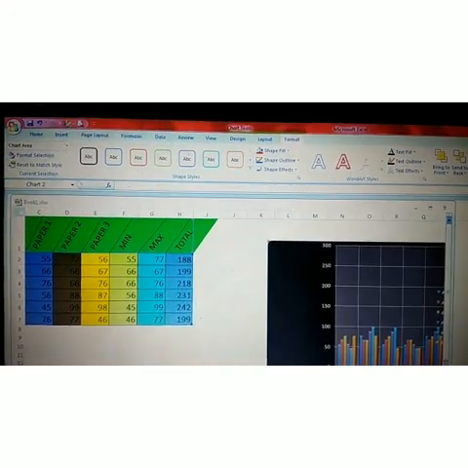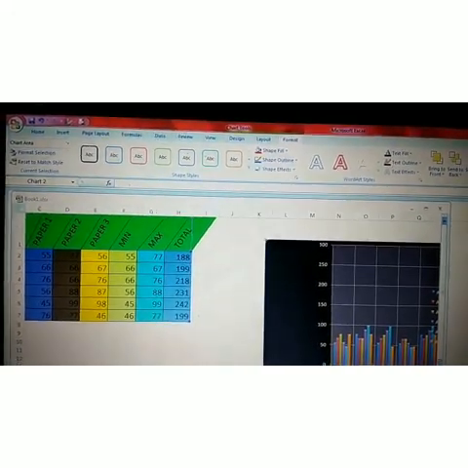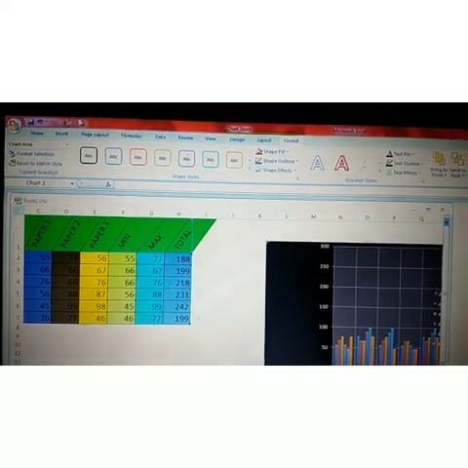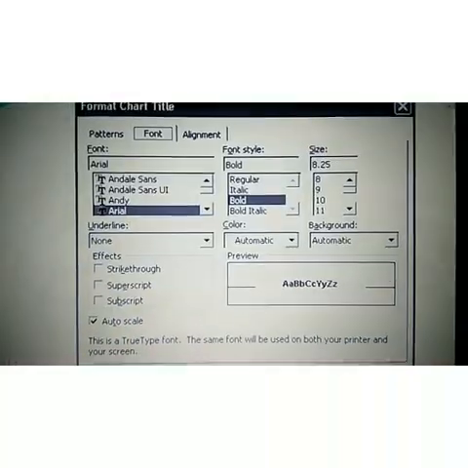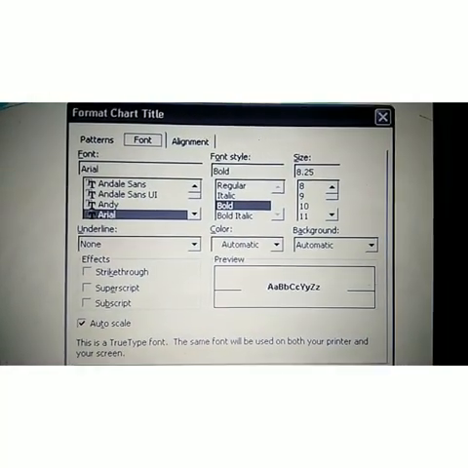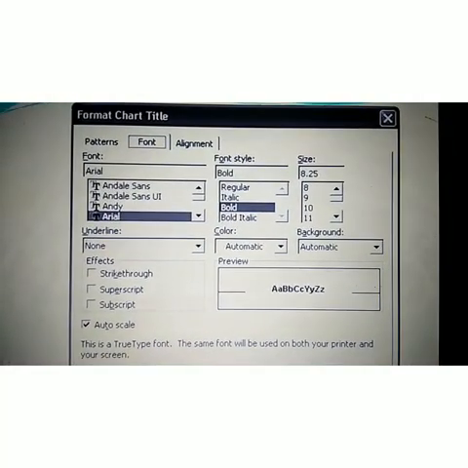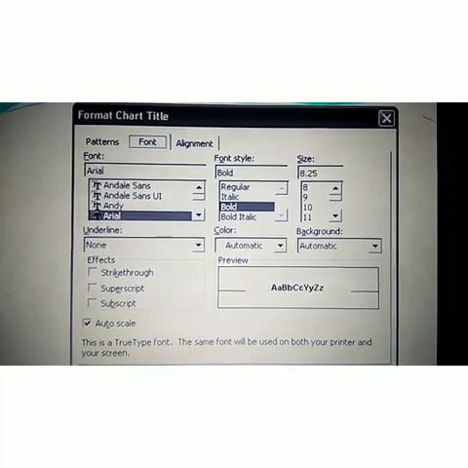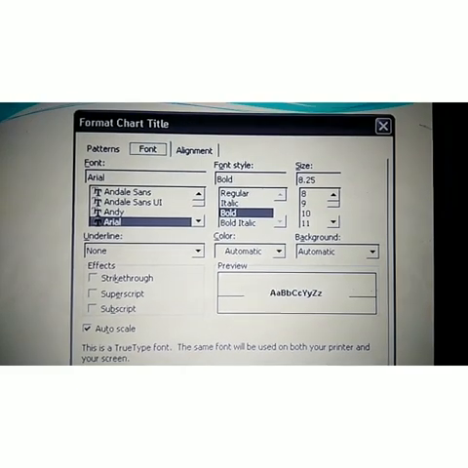So in your Format tab we can apply different types of formatting. We use enough formatting to make our chart look very attractive.